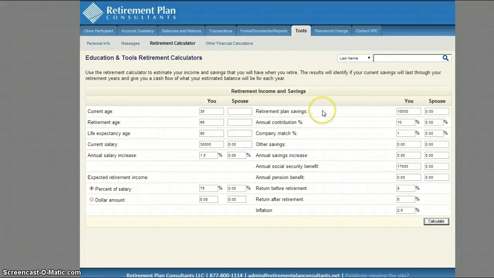Hey, welcome everybody. This month's website 401k tips and tricks is going to be about the retirement calculator available on the site. Once you log in, if you click on Tools and then click on Retirement Calculator, this screen will pop up, and as you can see, there are a lot of different variables that you can change here to figure out what kind of retirement income you're going to need and how much you're going to have to save